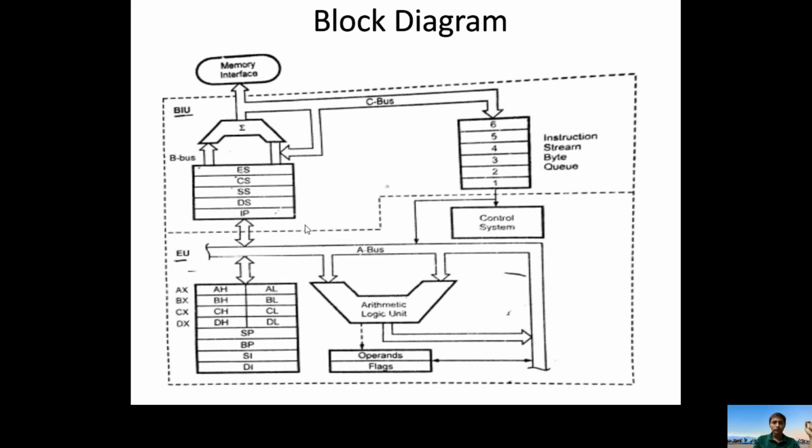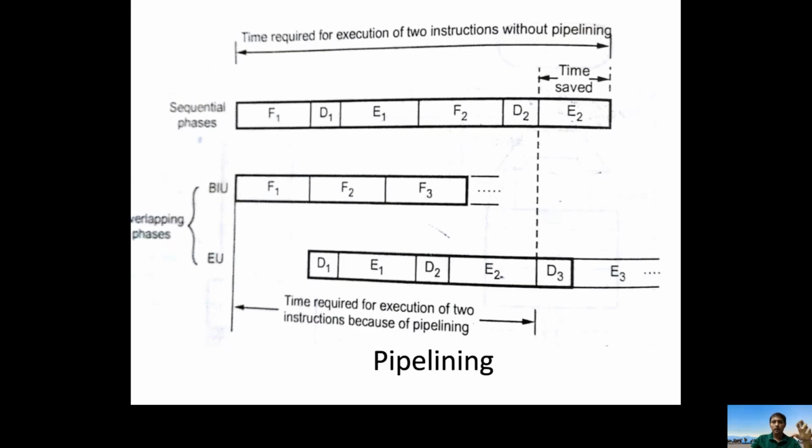So let us see the other one. What is the pipelining mechanism? I already mentioned it initially in the features of 8086. So 8086 uses the pipelining mechanism. Let us see what the pipelining mechanism is and what operation was going on in the previous processor to 8086, nothing but 8085. For example, this is the representation of the 8085 microprocessor and how the instructions are executing. Here F indicates fetching, 1 indicates instruction 1, D is decoding, which is taken care of in the control system, then decoding of the first instruction, execution of the first instruction. Similarly, fetching of the second one, decoding of the second one, and execution of the second one. Like that, FDE: fetching, decoding, and execution.